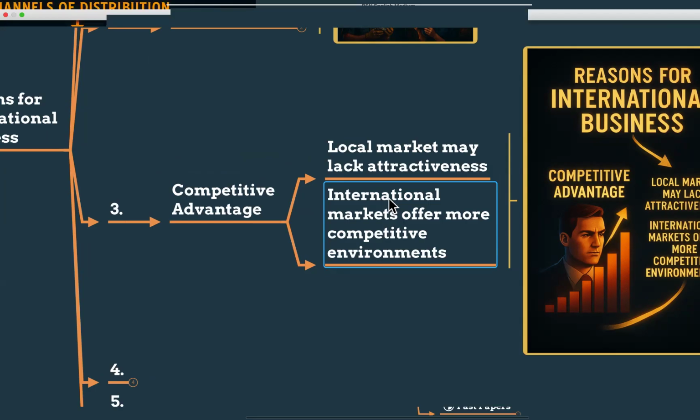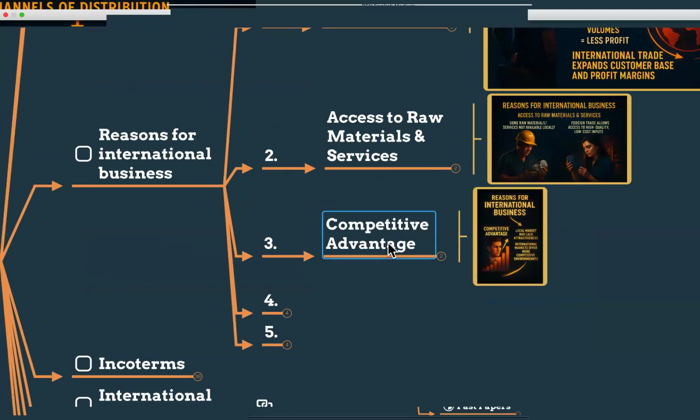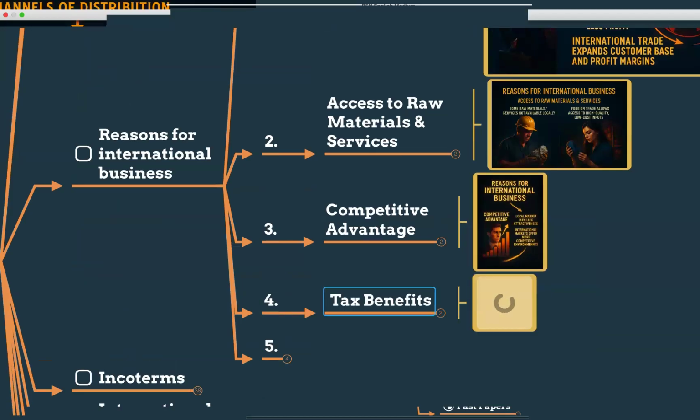And cinnamon, it is very native to Sri Lanka. That is our competitive advantage, right? At the same time, we have a skilled English speaking workforce for our services. Yes, that is our competitive advantage. So we trade our competitive advantage for things others have and we don't. For example, Saudi Arabia's oil for our tea, Japan's cars for our garments, China's electronics for our rubber. If we were going to produce these things ourselves, it's not going to happen. So, to take advantage of that, we are doing international business.